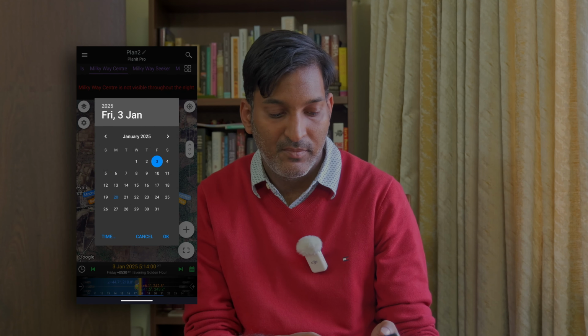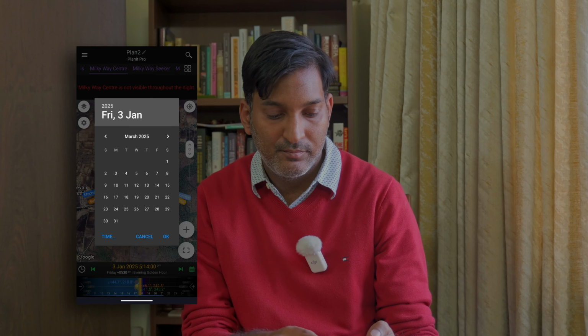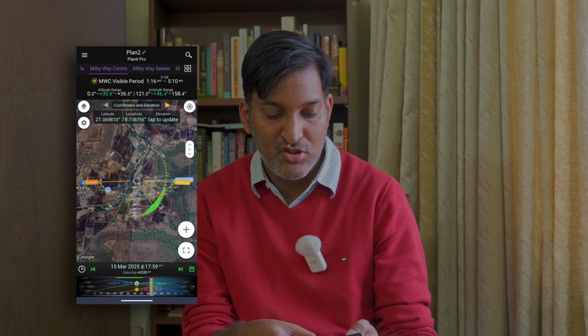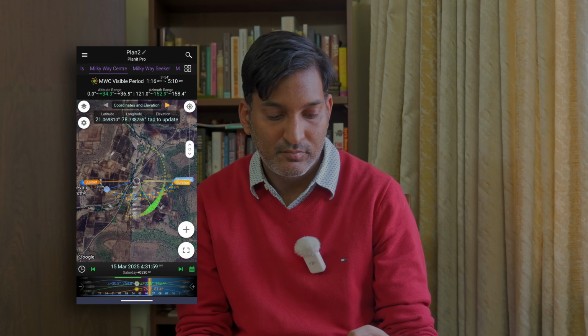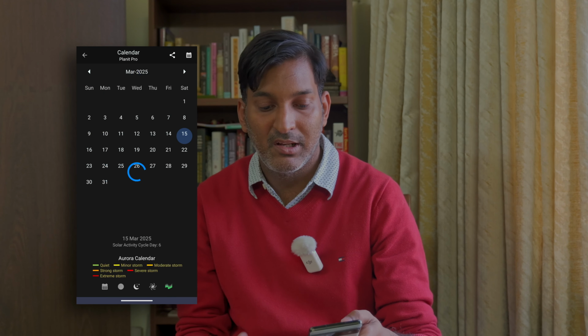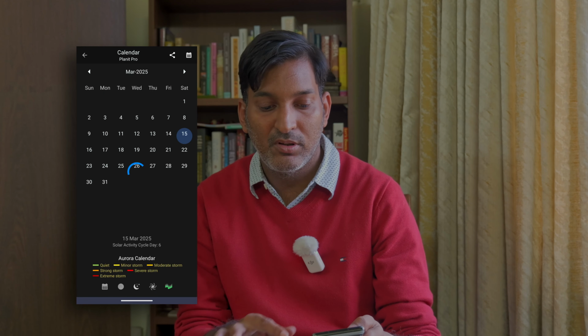If I just set it to a different time, like I'll just set it to 50 March, it will exactly, as you can see on the screen, tell me how the Milky Way is rising and setting and what's the position of the moon in respect to the Milky Way. The best feature about this app is the